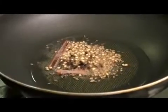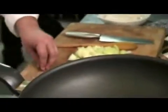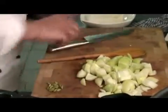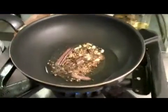Add the cloves, the black peppercorn. We'll use 2 black cardamoms. And for the green cardamom, we'll take some green cardamom and I'll put it on my chopping board here. Take my knife, put it on top of it and give it a nice bash. This will open the cardamoms and let the black seeds that are inside the green cardamom release